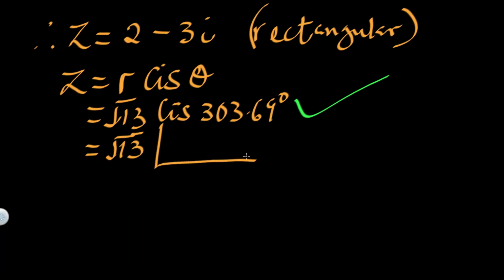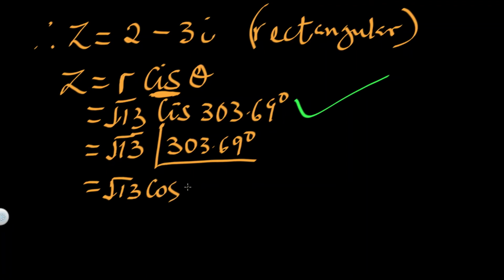You draw something like an angle here, and you write the 303.69 degrees. This is another way of expressing a complex number in polar form, or you can expand what this is standing for. This is standing for r cos theta plus ri sin theta. That is what it is standing for. So you can say this is the root of 13